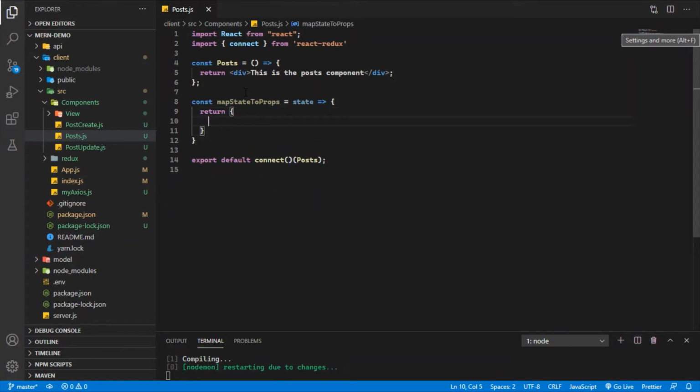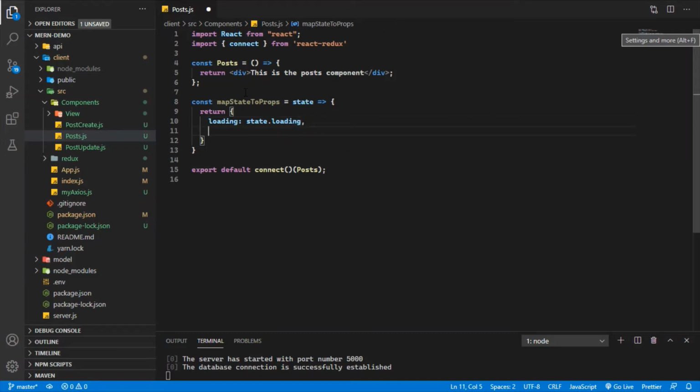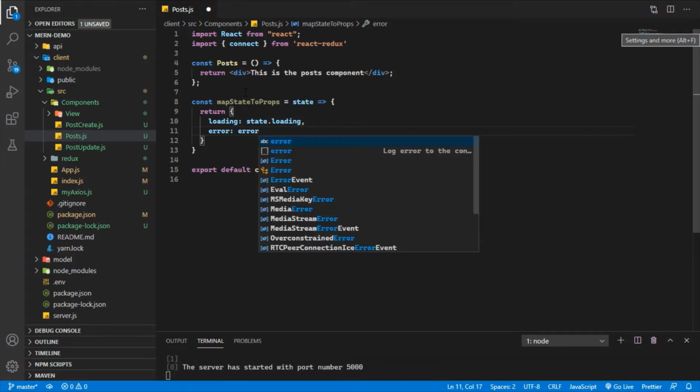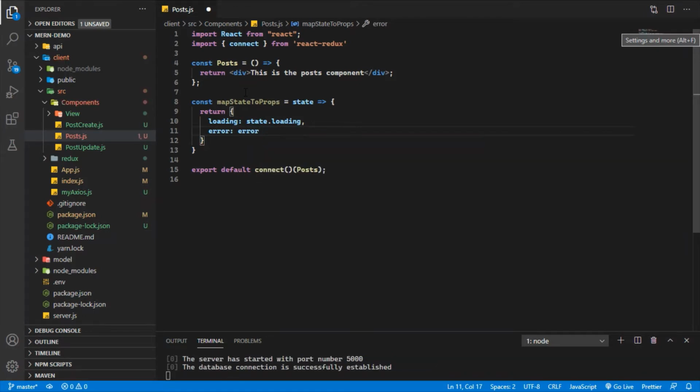an object. First I'm going to return the loading portion that is in our state. So I'm going to use state.loading, and then also the error part. Sorry guys, it is in the state portion, and that's it.